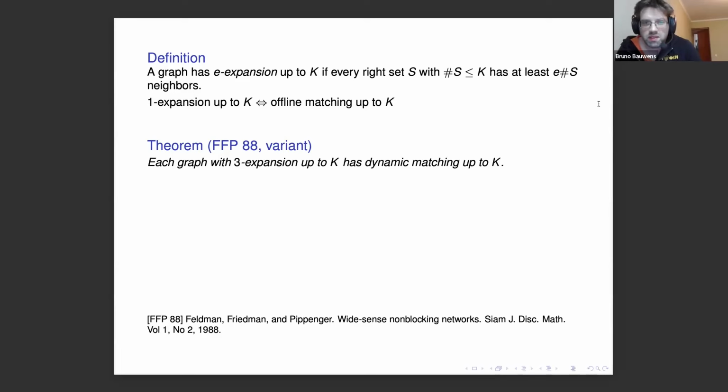So we have oracle access to the graph, but we have a slightly weaker version of the dynamic matching game. I will explain it soon, but it doesn't matter for the application at the beginning. So let us first discuss this result, of Bruno, FFP. Actually, this is a main open question in our paper, whether